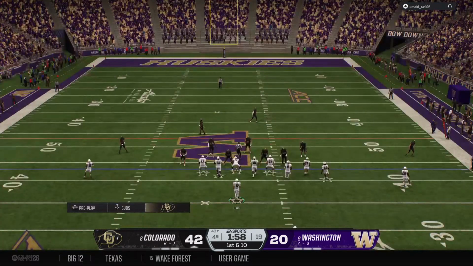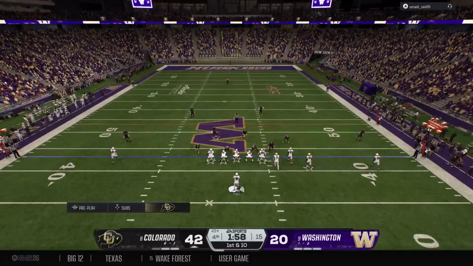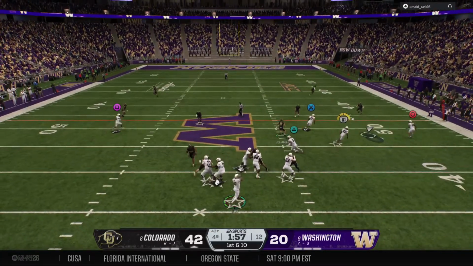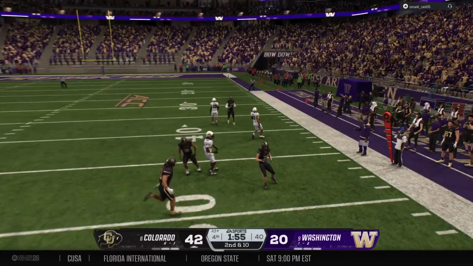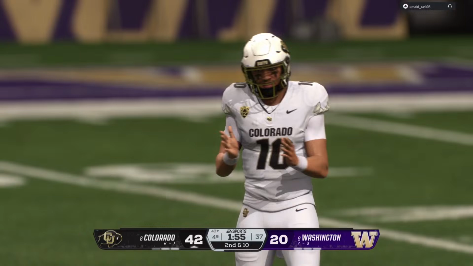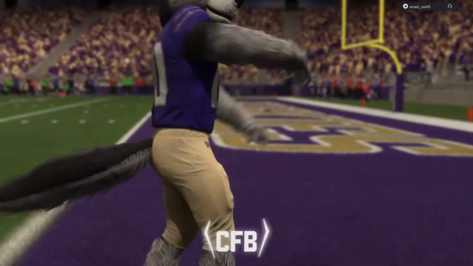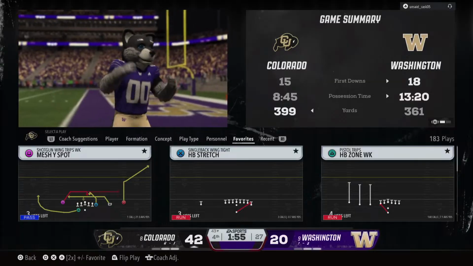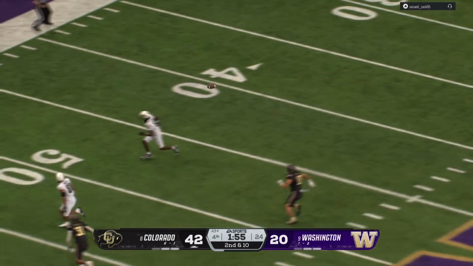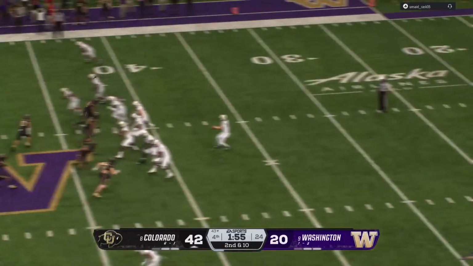So the first play of the drive will come from the 43. Lewis wants to pass. Just a hair too much on it from this big-arm sophomore quarterback. And how about this offense? They're not worried about the clock. They're not worried about the score. They're not worried about early and down. Still trying to execute their offense. Still trying to make big plays. And they've had a great day so far.